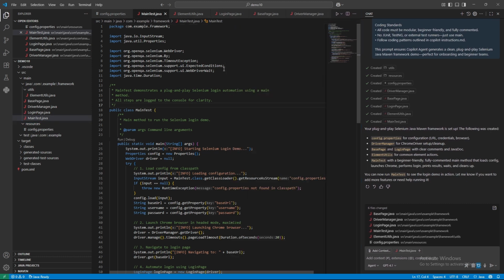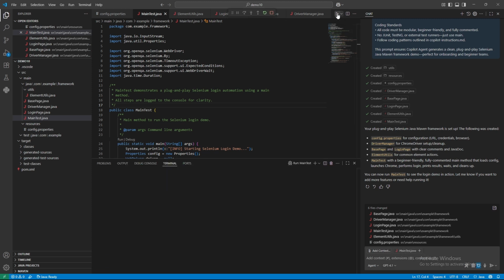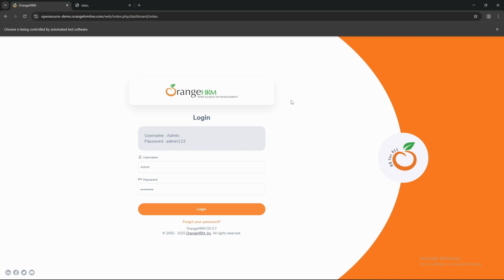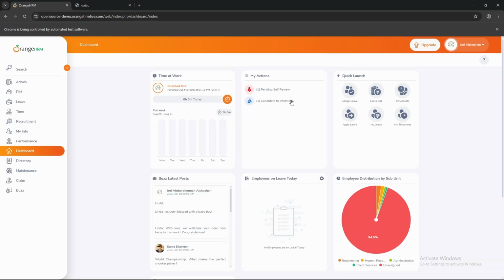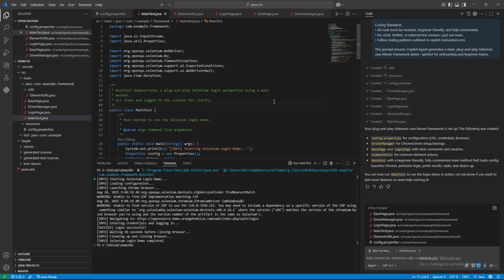Sometimes we have to tweak something, but our context is clearly mentioning what exactly it has to do. It is trying to launch the browser now, and it has opened the browser and opened the URL, and it has given the username and password. It is waiting for some time and will validate whether the login is successful or not, and it is saying login is successful. So this way you can create a Selenium Java framework in less than 5 minutes, but your context or prompt should be